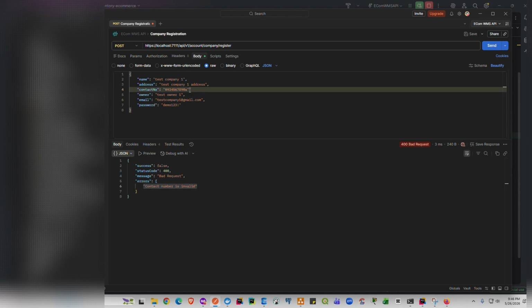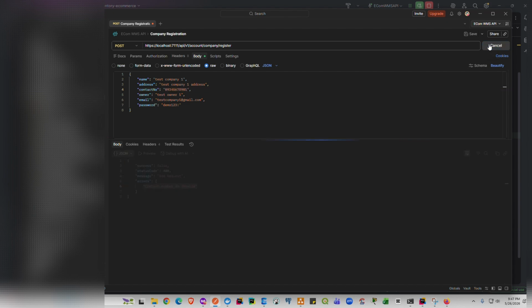And why? Because the number starts with 09, but it has a letter here, so our logic validated it incorrectly since it has a letter here. So let's try to change this with a number. So basically, these now should work fine. So we press send now,